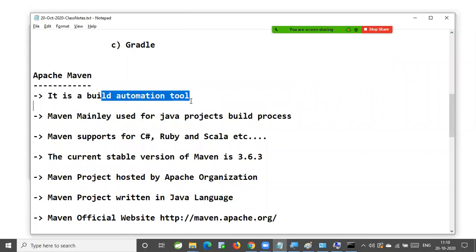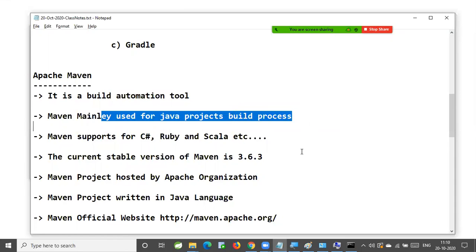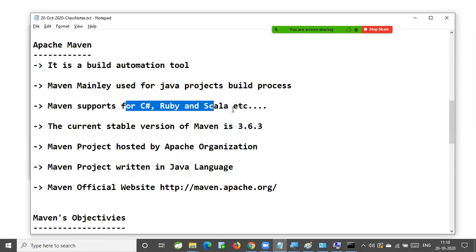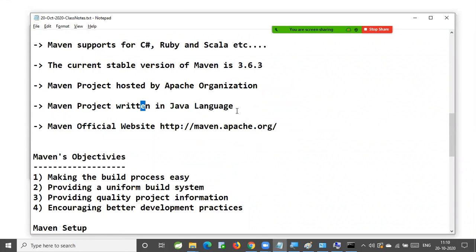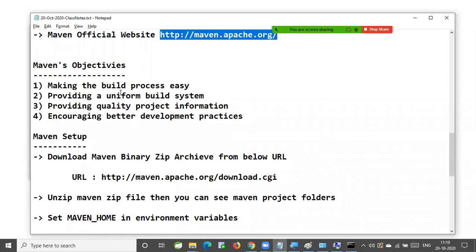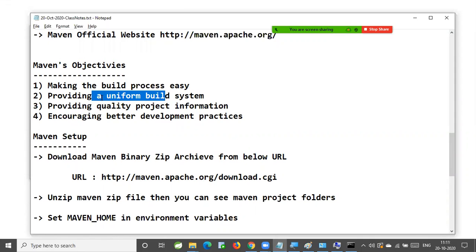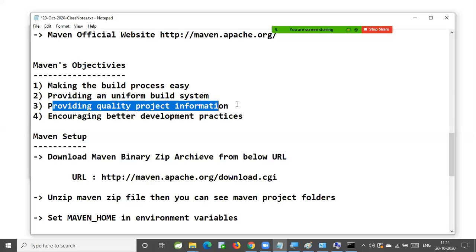Maven is a build automation tool used for Java projects, and it supports several other languages also. The current stable version is 3.6.3. It is hosted by Apache and written in Java. This is the official website of Maven. What are the Maven objectives? Making the build process easy, providing a uniform build system, providing quality project information,